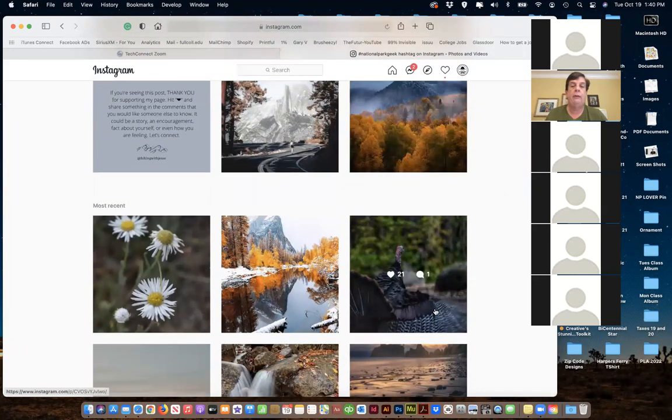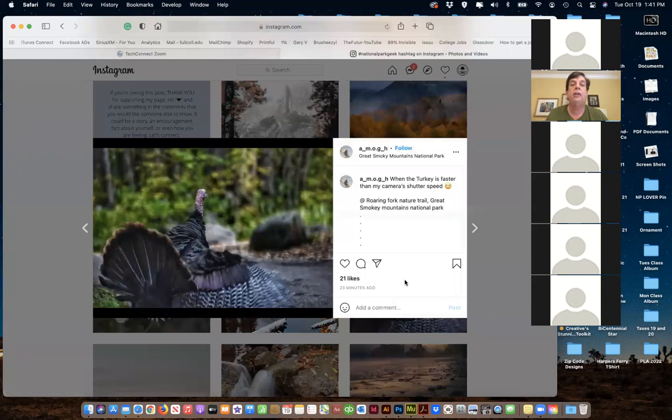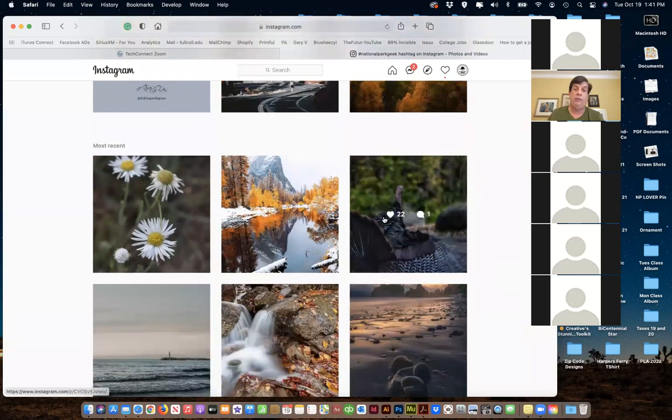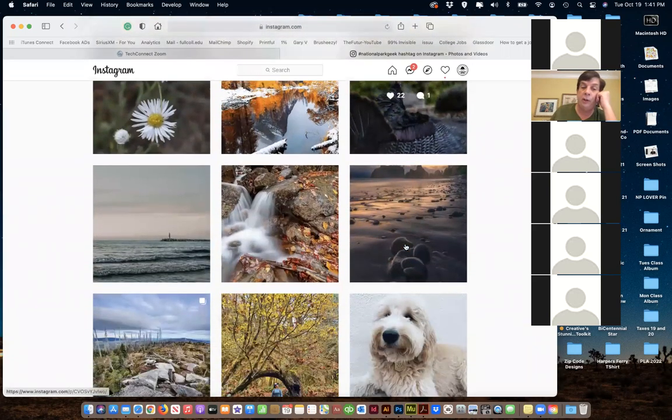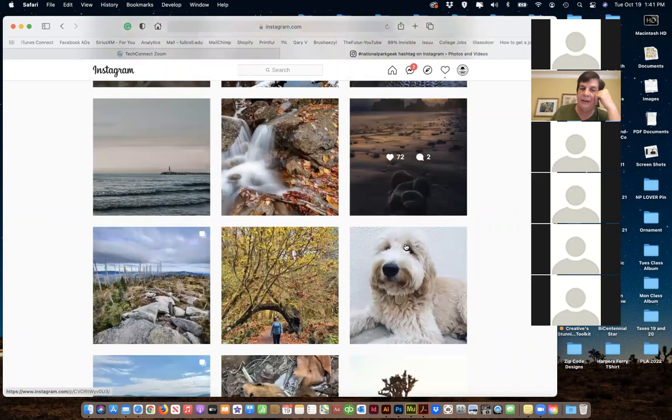This is a turkey, looks like. Obviously, Thanksgiving's coming up. It's the Smoky, maybe. I don't know. So I'm going to save it up because Thanksgiving's coming up in a month. I might want a picture of a turkey type of thing. And that one's from the Great Smoky Mountains. So it's kind of bringing it all together with that.